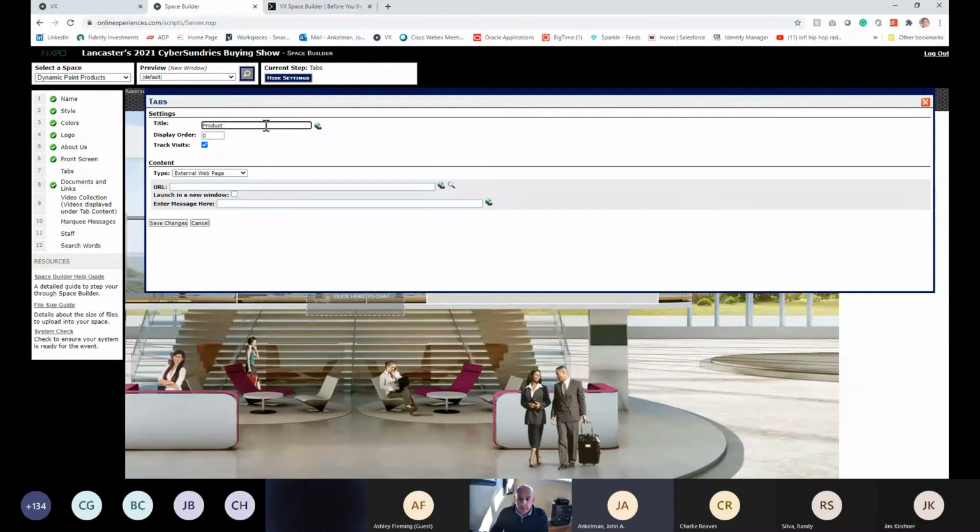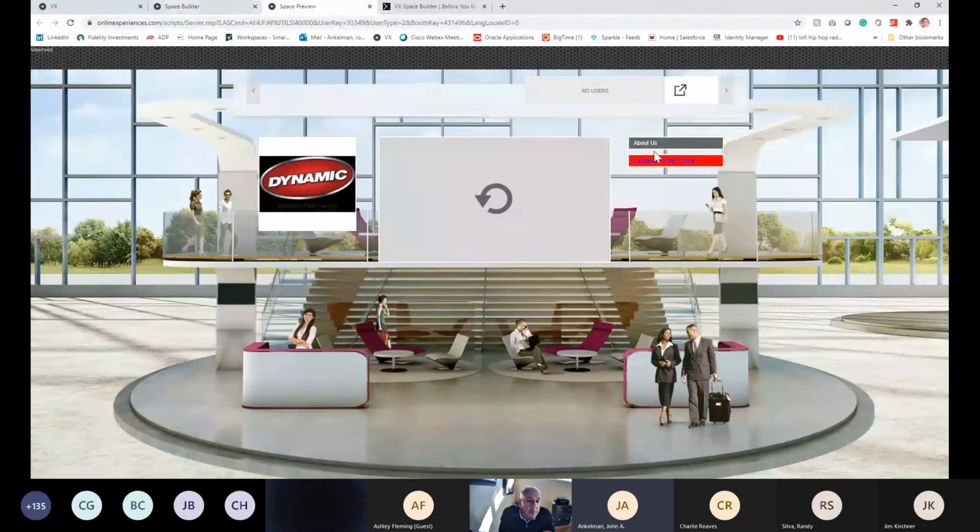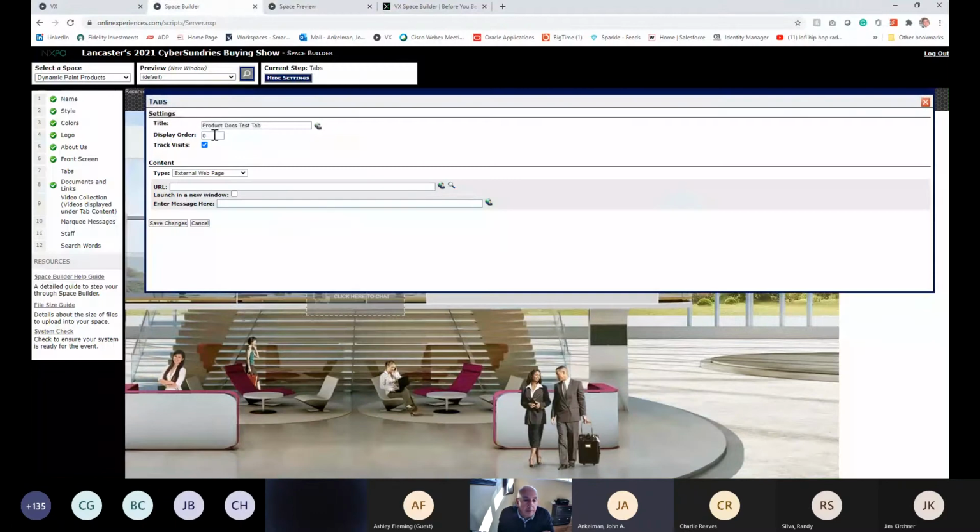So we'll just go with this test product documents and links tab that I was going to set up. In this case, product docs, test tab, and you can call it whatever you want. The display order here decides in what order you'll actually see the tabs all come down the right-hand side here. So we'll go with display order 0. The next one will be 1, and so on and so forth,